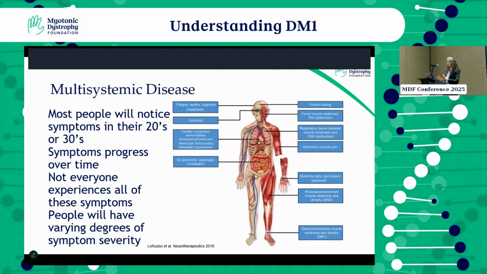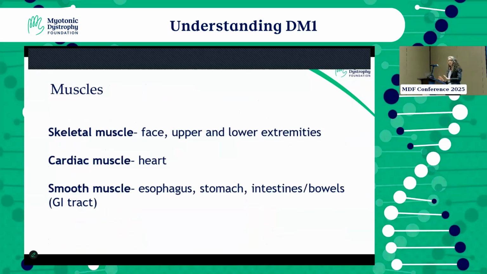Now, in this diagram of this human body, I know there's a lot listed there. There's a lot of symptoms, but it's important to keep in mind that not everyone experiences all of these symptoms. People will have varying degrees of symptom severity. So it's very important to keep that in mind as we're going through this. We're not going to cover absolutely everything, but we're going to target some of the areas where the main symptoms